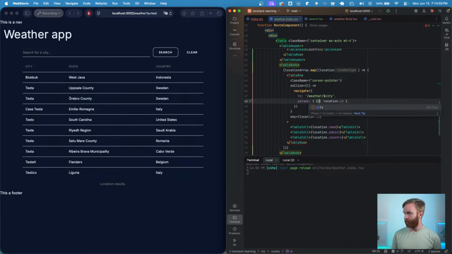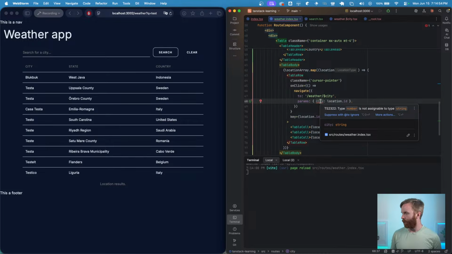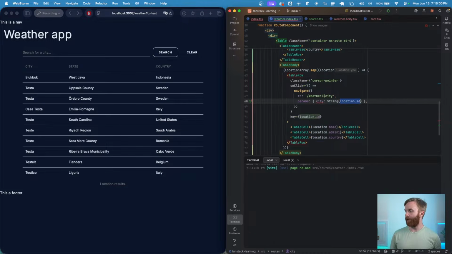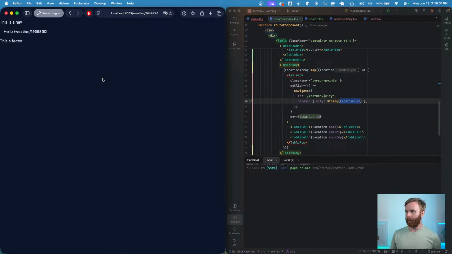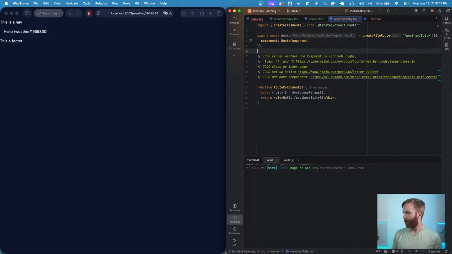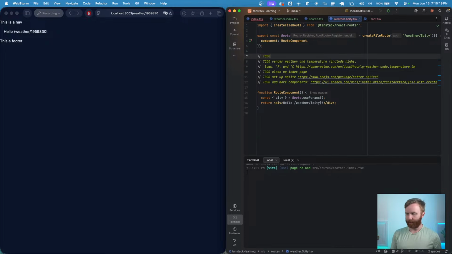Oh. It's not assignable to type string, so now I wrap it in a string. That way we can cast it. Then I click on this and I see that we get our ID. And so now we've done this, but it does mean we need to do